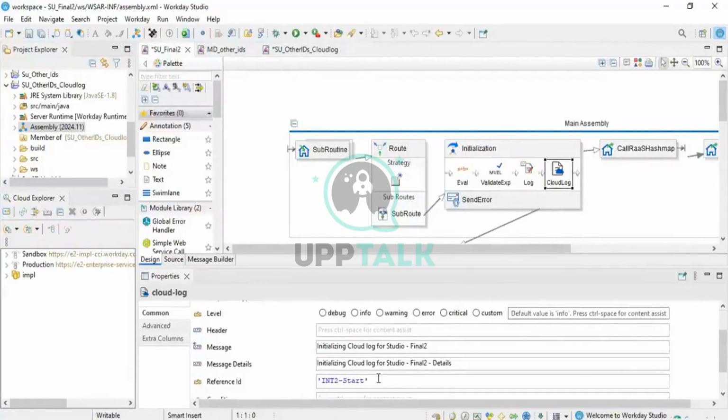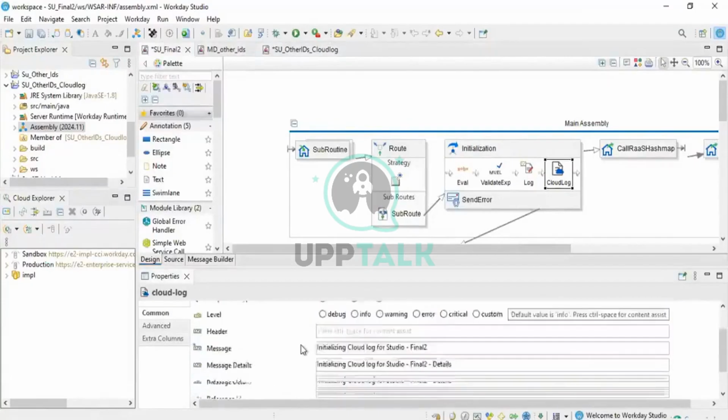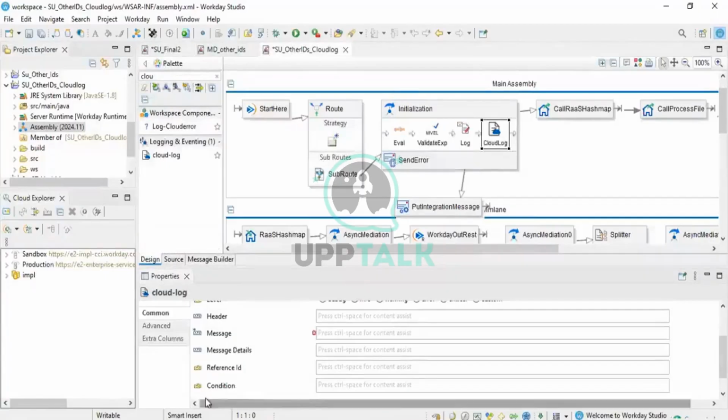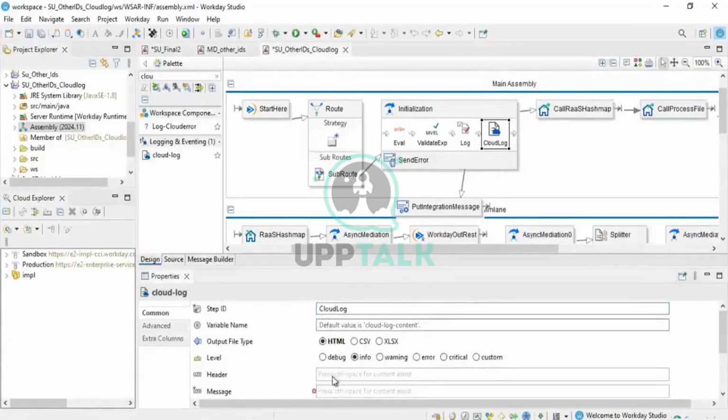Whenever you have that integration number, we put that number in the reference just to make sure what is happening in this flow. If you go to reference ID,